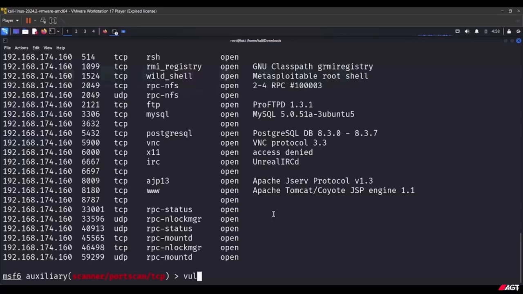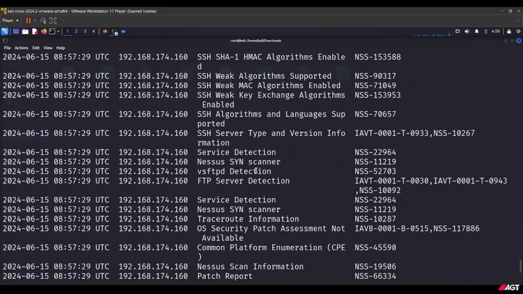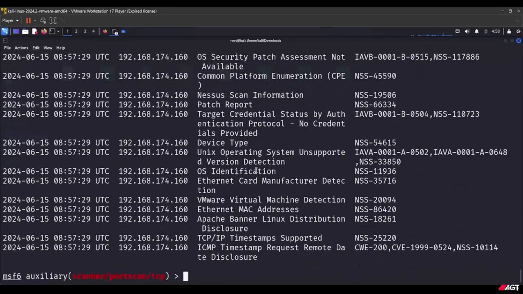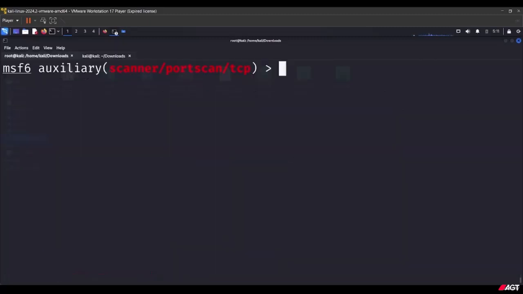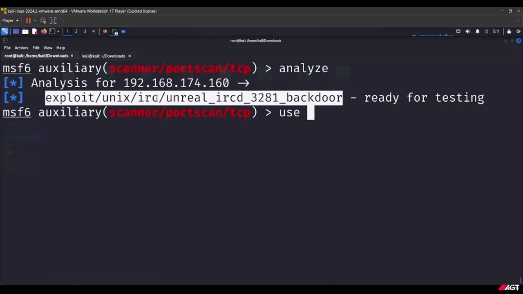Now check the vulnerabilities using the vulns command. So this is going to list all the vulnerabilities in the target host. Okay. For further analysis and to potentially gain access to the target system, you can use the analyze command. Okay. So here you can see the exploit that you can use that is ready for testing, right? You can see. So we're going to use this exploit